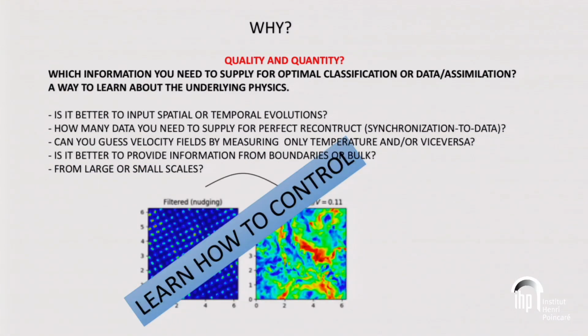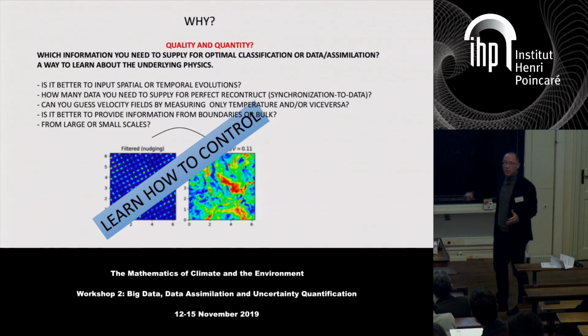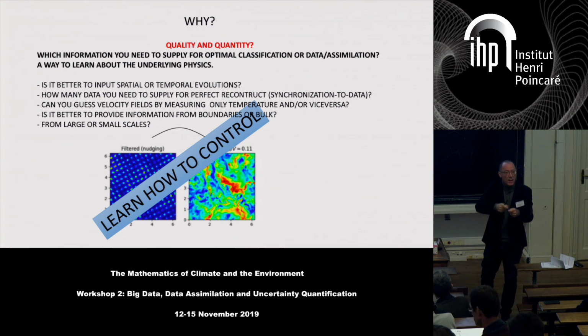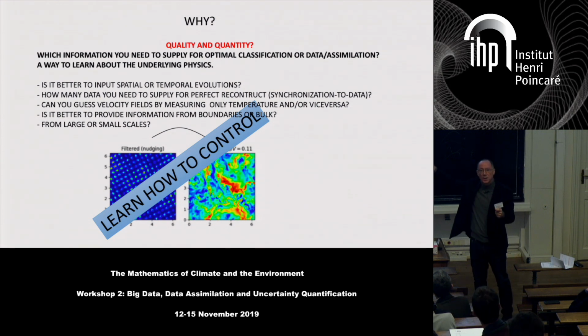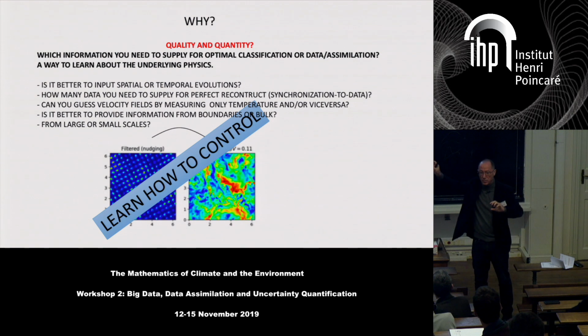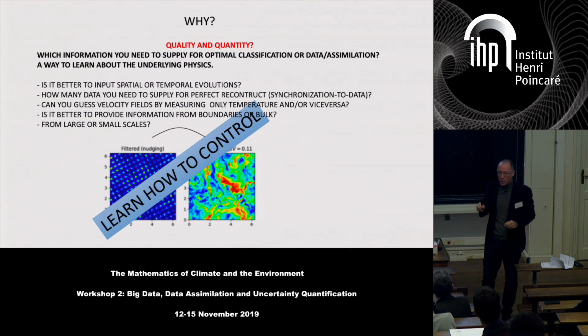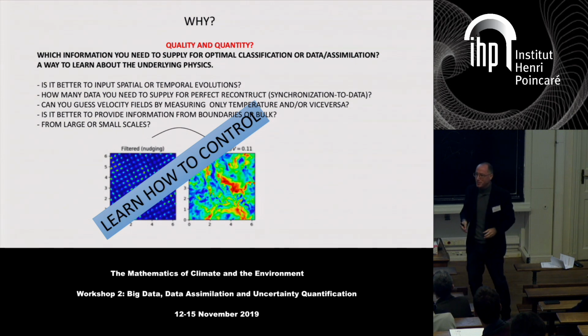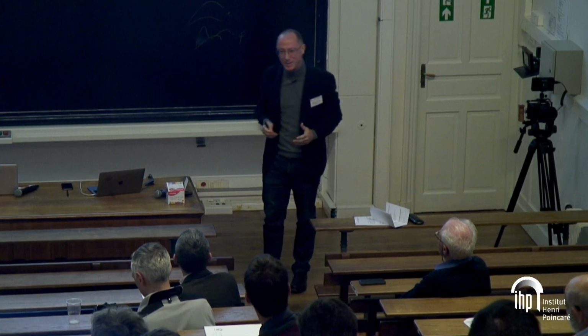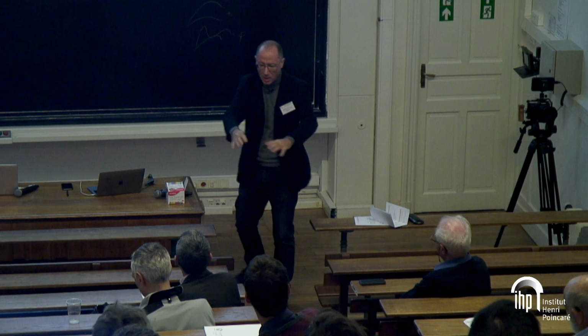And again, the long-term goal would be to control. I would like to understand what the key parameters are, so that I can act on these parameters. I can imagine, for instance, a Lagrangian forcing inside my system: particles that go around and here and there do something. Maybe they warm the flow, or they cool the flow. It's probably not doable on a global atmospheric circulation problem, but there are many turbulent situations where you can indeed